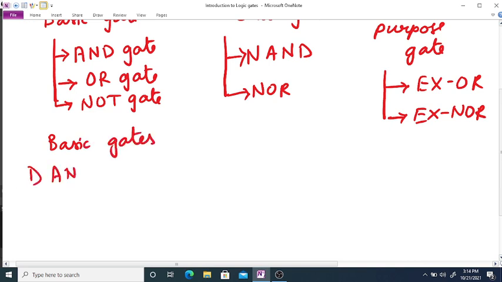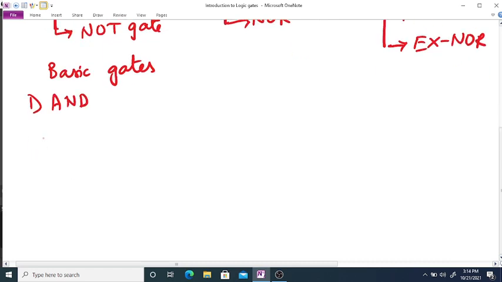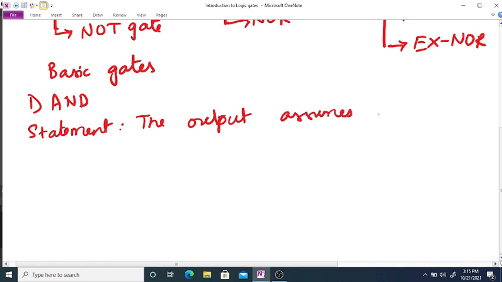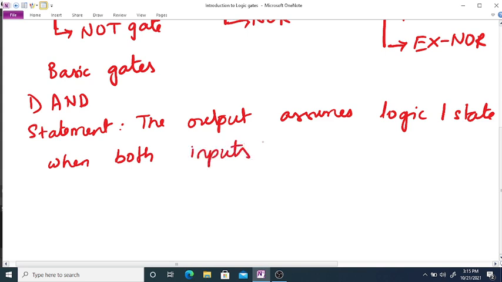First one, AND gate. The statement for AND gate is the output assumes logic 1 state when both inputs are at logic 1 state, or it can also be written as the output assumes